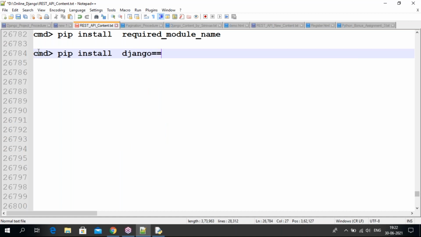If you want any specific version, like 2.0.5, 1.9, 1.1, 3.1, whatever version you want, you can use Django double equal to version number, without any space. Some people say, sir, I entered the correct syntax but I'm unable to install the module. That is not correct, like this is correct.